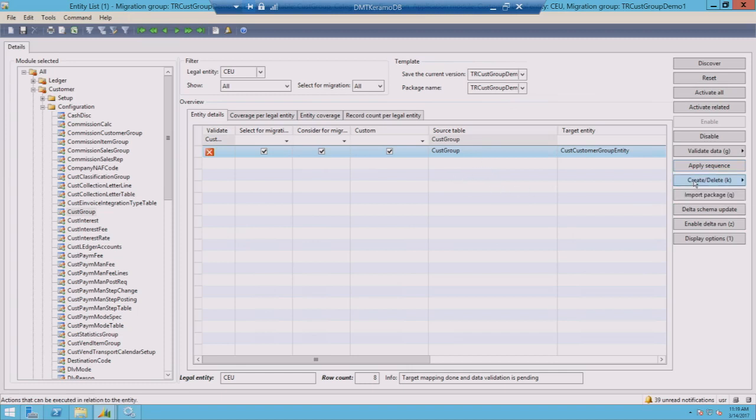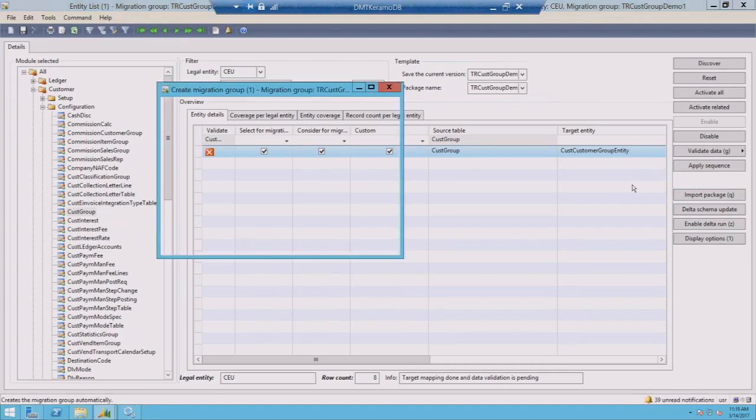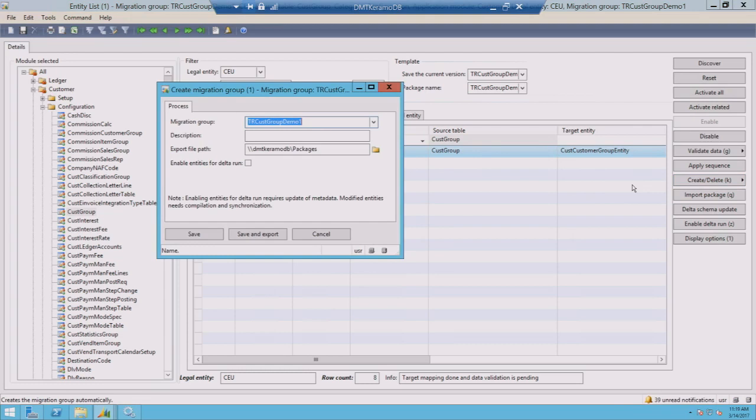So then what you can actually do is, once you have defined this, you can now create a migration group. When you create a migration group, this is basically a way to indicate to the system that this is the granularity that I'd like to export. So this is one configuration for the export. This is the granularity that I'd like to export. So here you can actually see